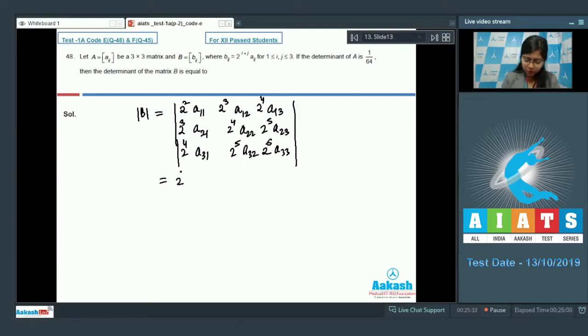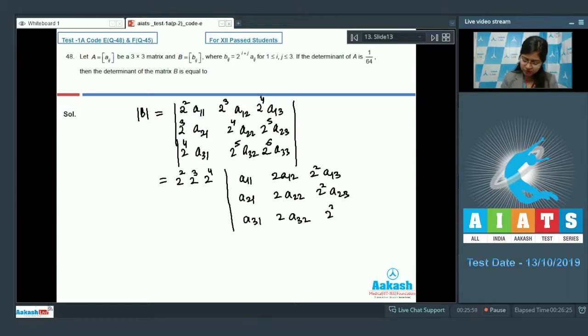Now, taking 2 raised to the power 2 common from the first row, 2 raised to the power 3 common from the second row, 2 raised to the power 4 common from the third row. So we have A11, 2 A12, 2 raised to the power 2 A13. Similarly, A21, A31, 2 A22, 2 raised to the power 2 A23, 2 A32, 2 raised to the power 2 A33. Now again, taking 2 common from the second column and 2 raised to the power 2 from the third column,